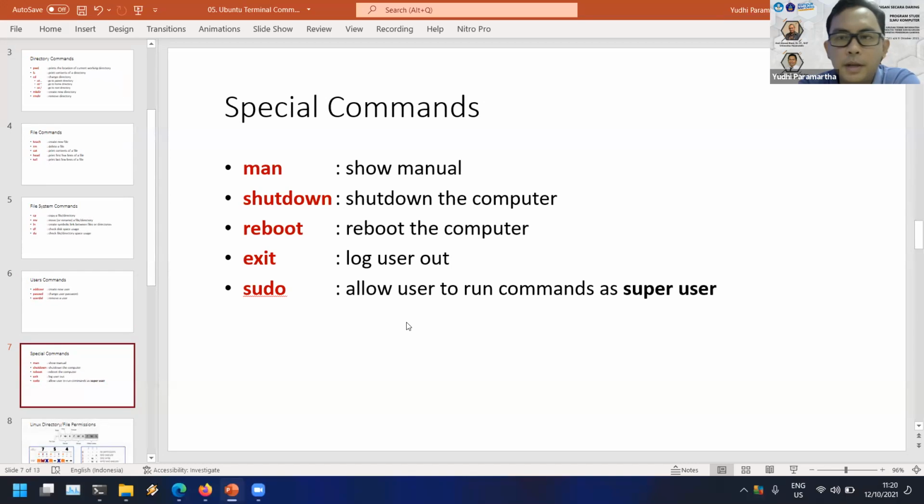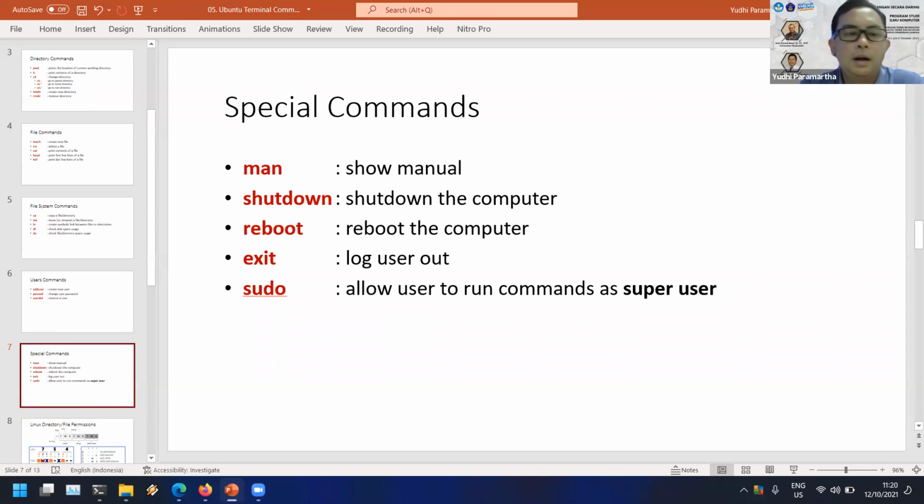And some special commands like man, it's for showing the manual of some function, shutdown to shut down your computer, reboot for rebooting your computer, exit to log out your user, and then sudo is the command for super user.